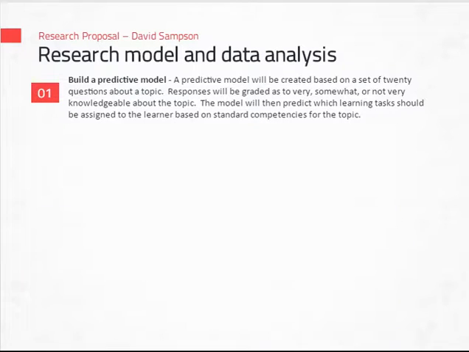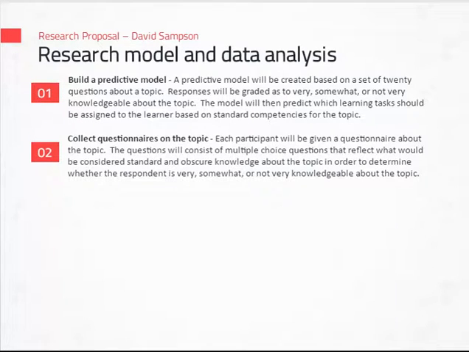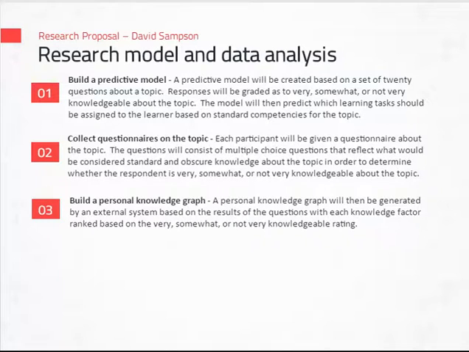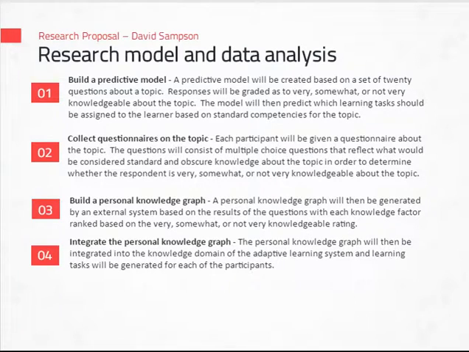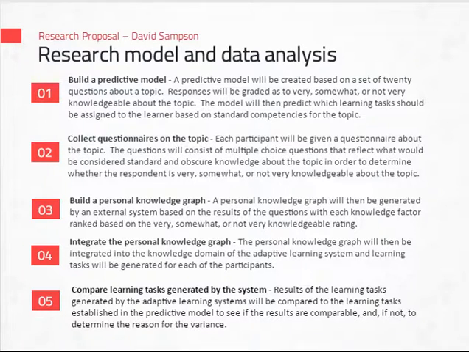First, build a predictive model based on a set of 20 questions about a selected topic. Next, administer a questionnaire with the 20 questions about the topic. Then, a personal knowledge graph will be generated for each person who completed the questionnaire. That personal knowledge graph will then be integrated into the knowledge domain of the adaptive learning system, and learning tasks will be generated for each participant. And finally, the learning tasks will be compared to the learning tasks from the predictive model to see if the